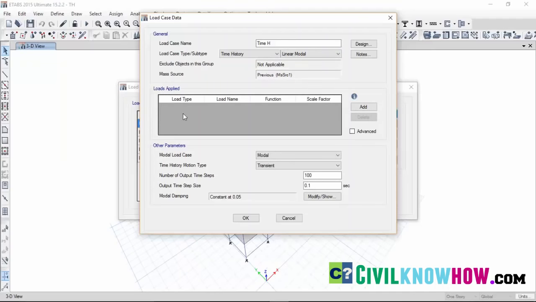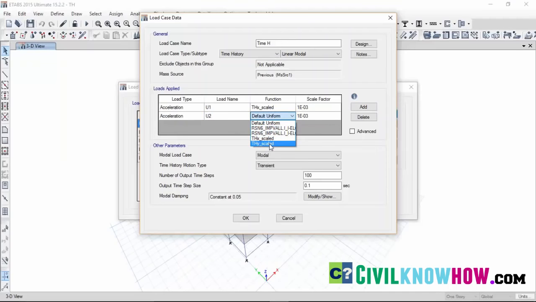So select the linear modal from the drop down, and the mass source is being defined here. And here under the loads applied, we have to define the acceleration that we are going to apply in both x and y axis. So click on add, and here select the acceleration, and the load name is u1, and the function is the scaled time history along the x axis, and click on add again to define the acceleration along the y axis. So here we select the scaled time history along the y axis,